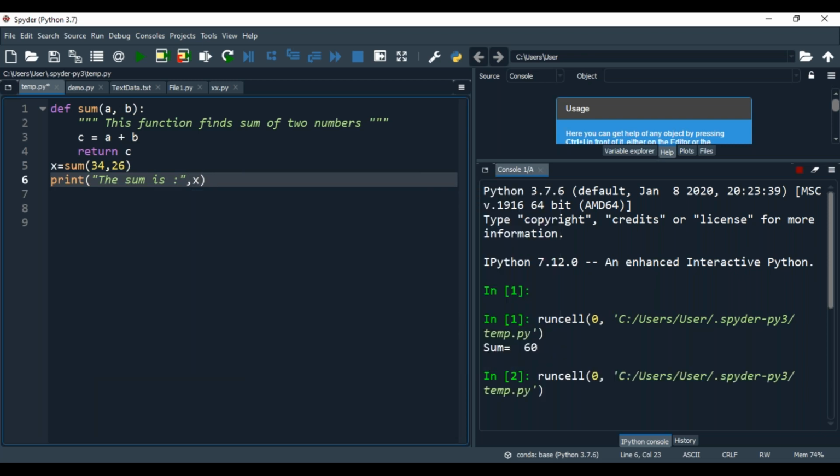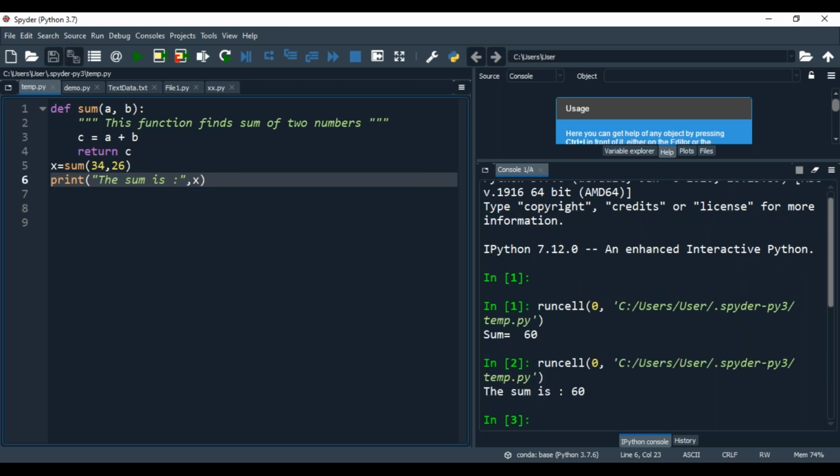See now, the sum is 60. You received the answer or not? Previously we were reducing one step, now one step is increasing. Please make a note.